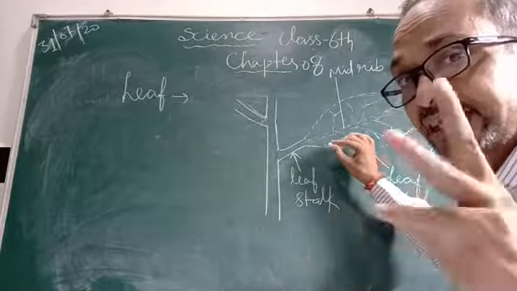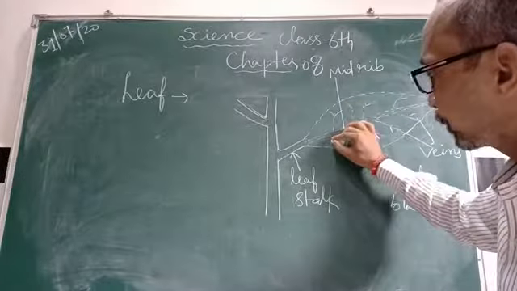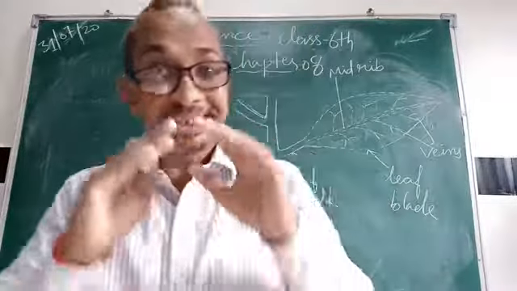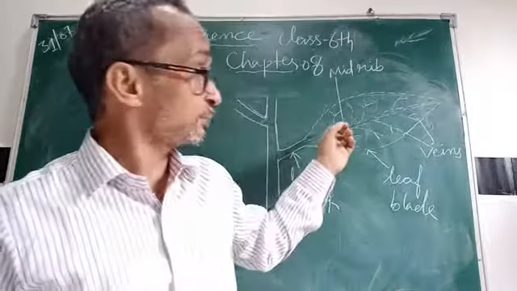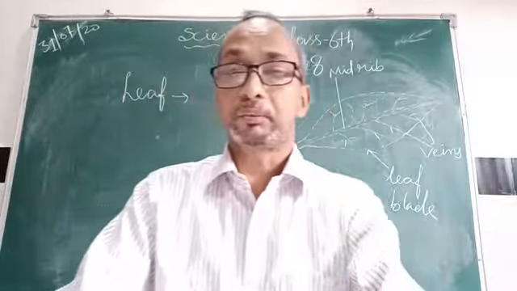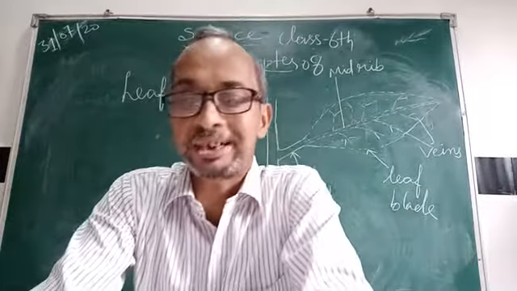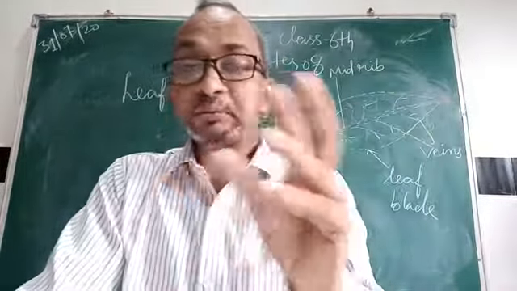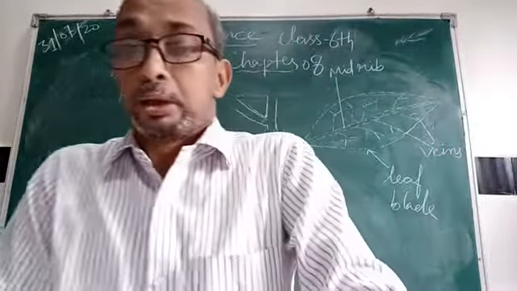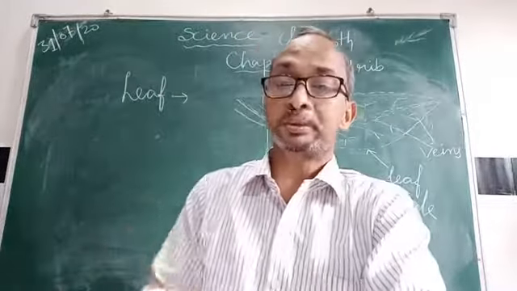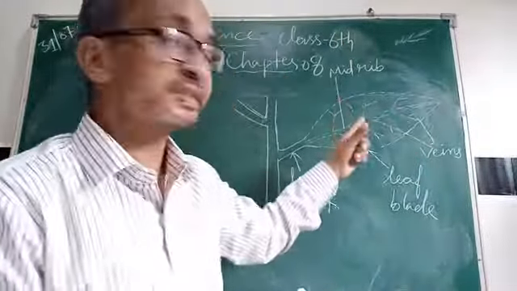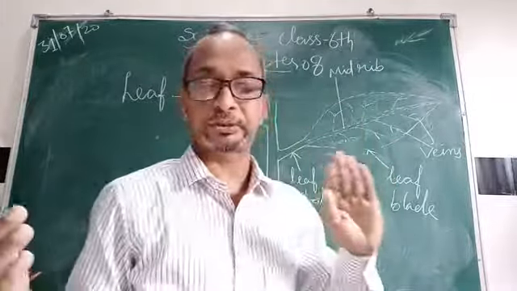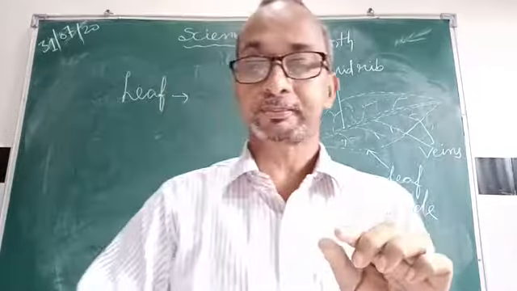We cannot see them with naked eyes. These pores are known as the stomata. We use a microscope for seeing the pores, or stomata. So stomata are so small that we cannot see them. The stomata allow gases to move in and out of the leaves. This is the work of the stomata.